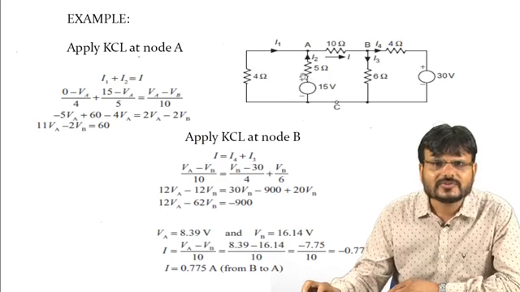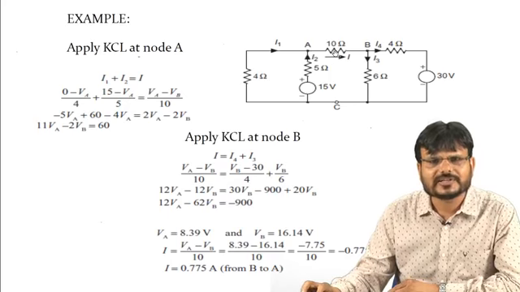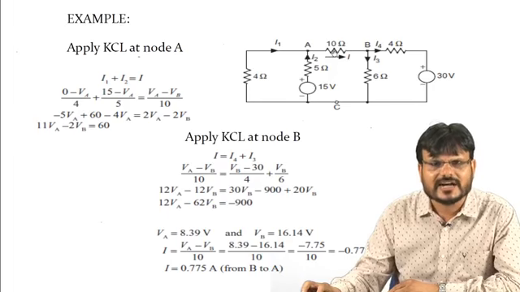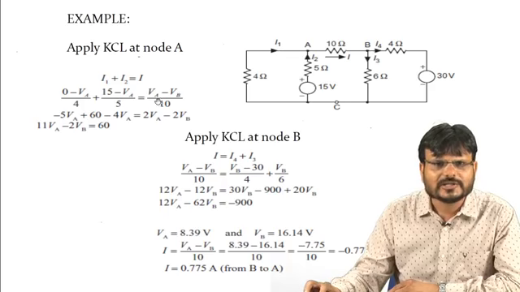And I2 is equal to what? Current is flowing from terminal A to terminal B, that means the potential of this terminal is higher than the potential of this terminal VB. So I2 can be written as 15 minus VA upon 5, and this current I can be written as VA minus VB upon 10. And this current I2 is equal to what?